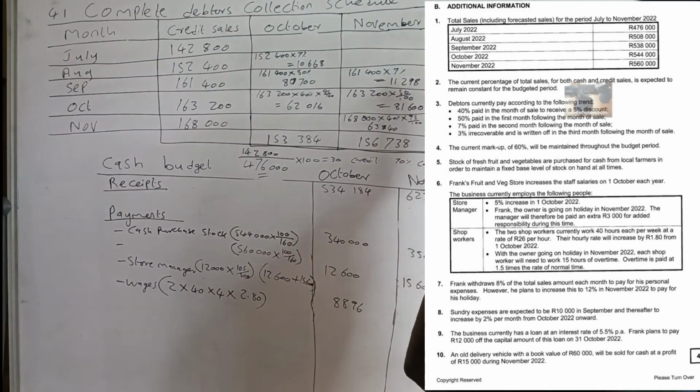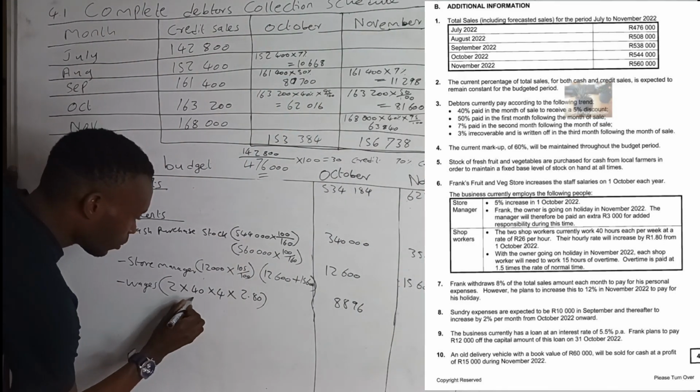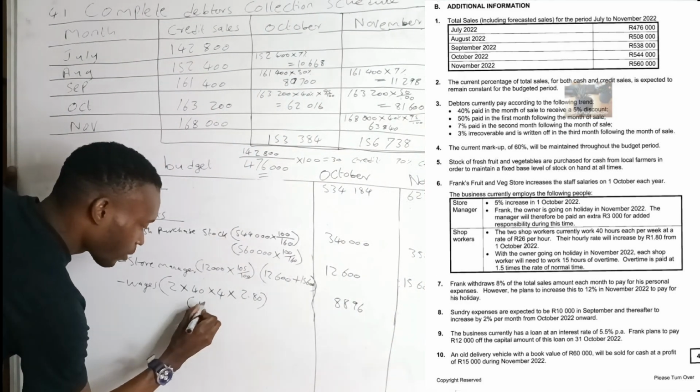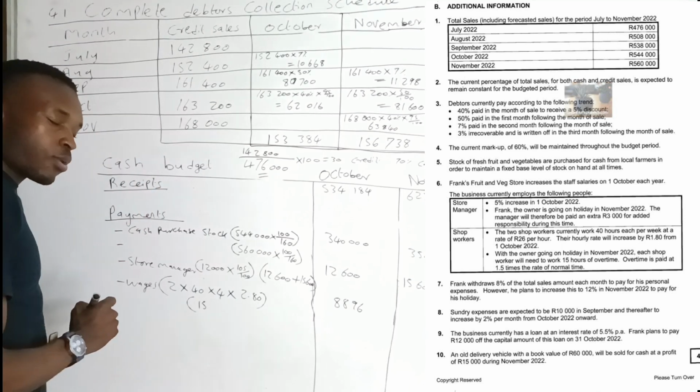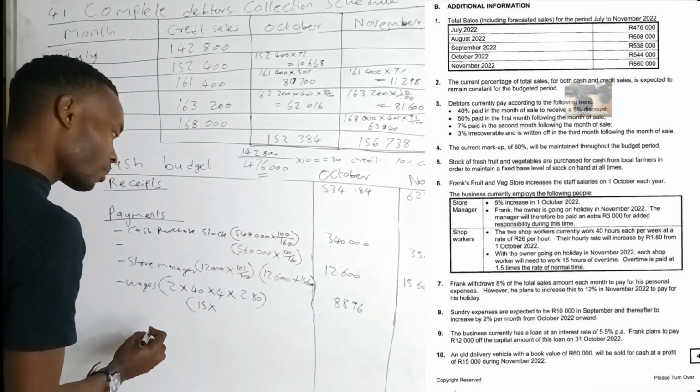They say that block number 2, with the owner going on holiday in November, each shop worker will need to work 15 hours overtime. Overtime is paid at 1.5 times the rate of the normal time. Okay, simple. They are going to work 15 hours of what? Overtime. Multiply by the normal rate, remember,